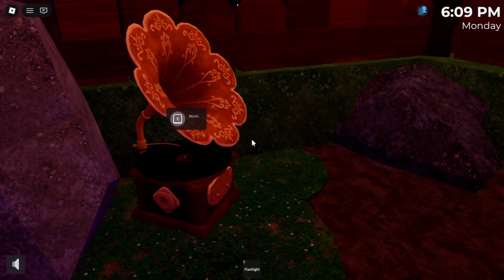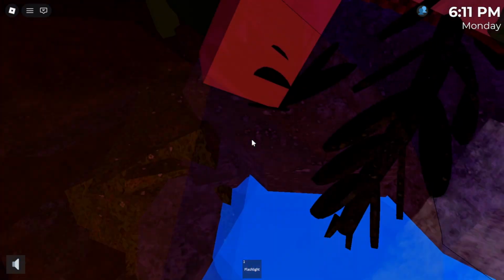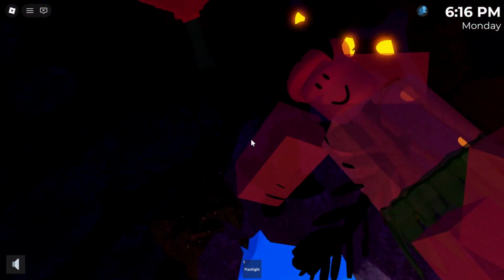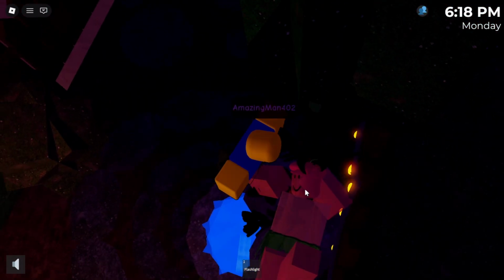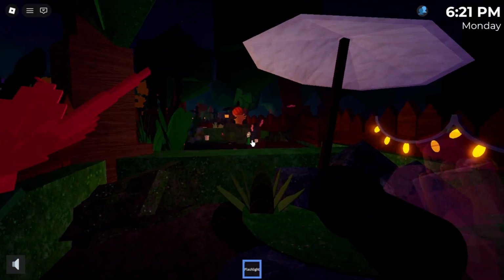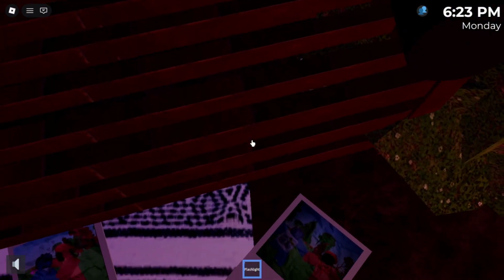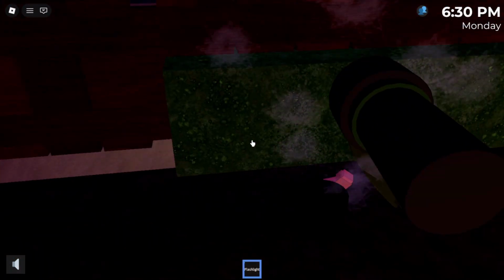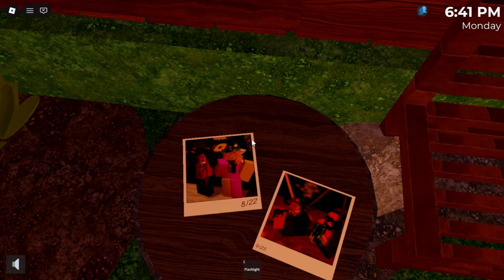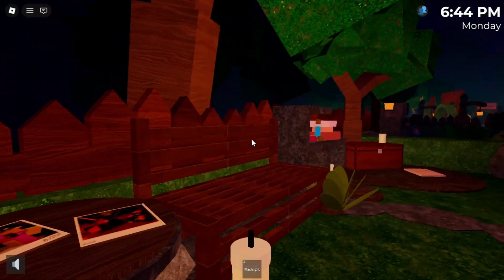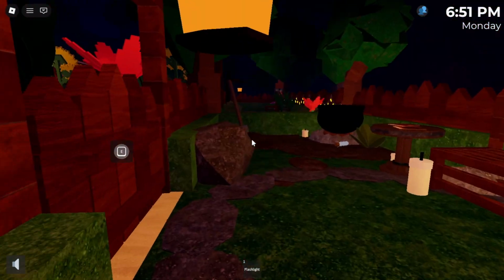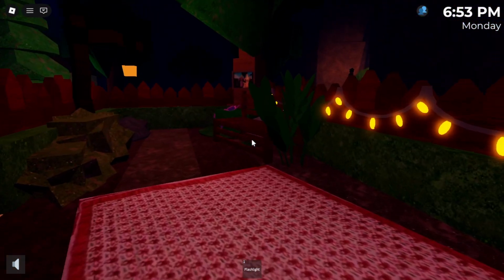And it's you. And you're gone. Like you're a ghost? That's weird. Is that the person we saw in the other game? I don't even know. Oh, recipe's blueberry. May the rain guide you. Damn. Was it like a Minecraft chest? Dude, the entire mood just changed when it went to nighttime.